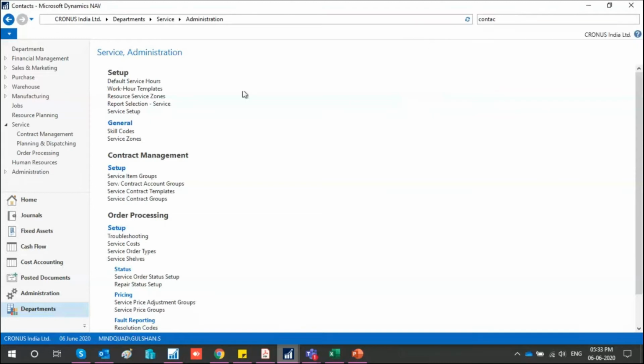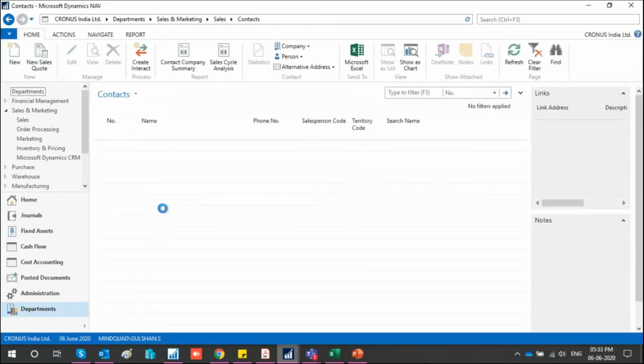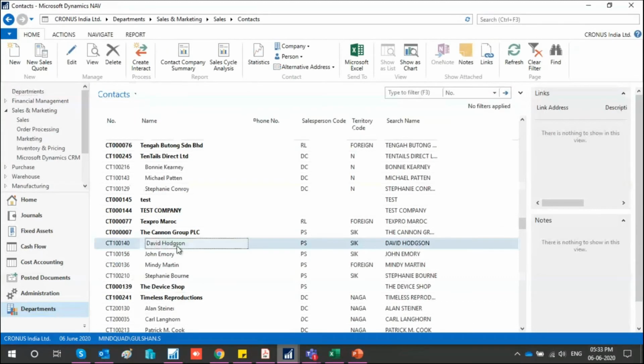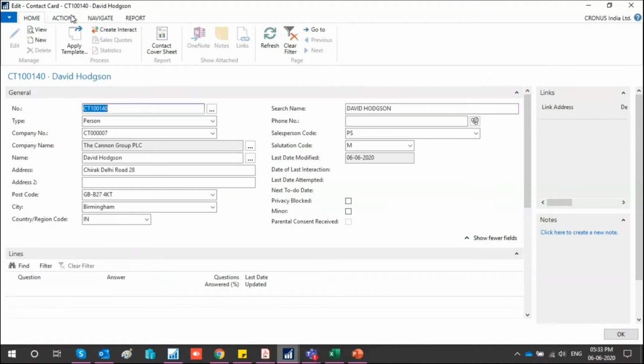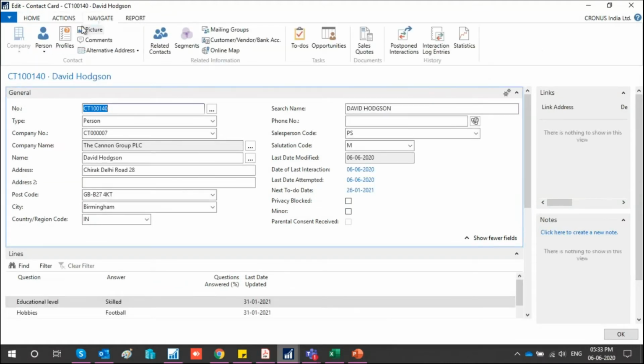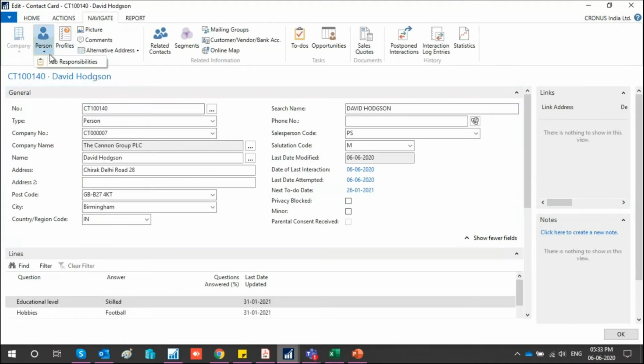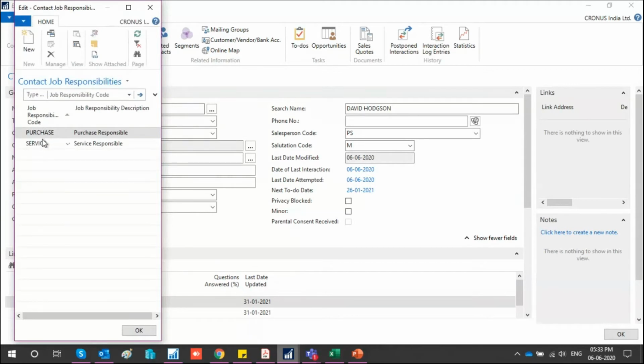For example, I go to contact, let's say David Hodgson, and edit. See, if I go to person, then here is job responsibility. What I have done is tagged it here as service.